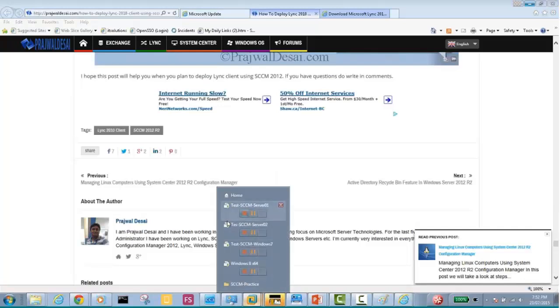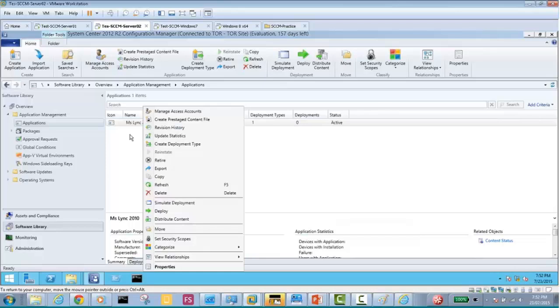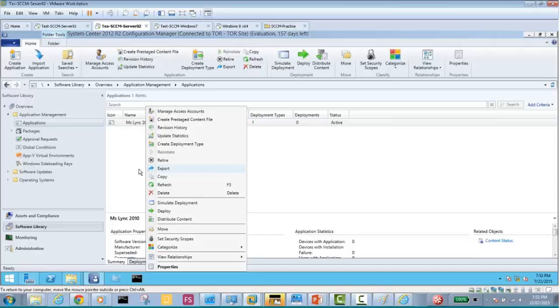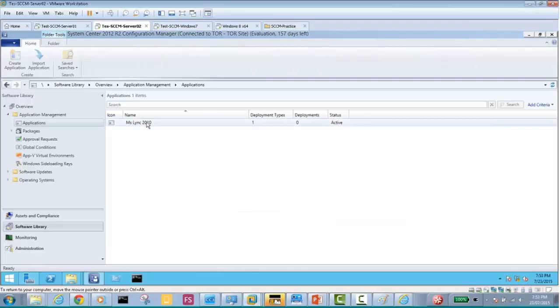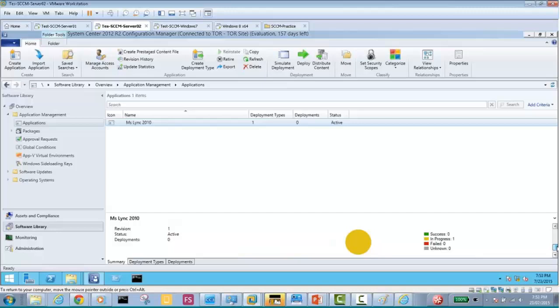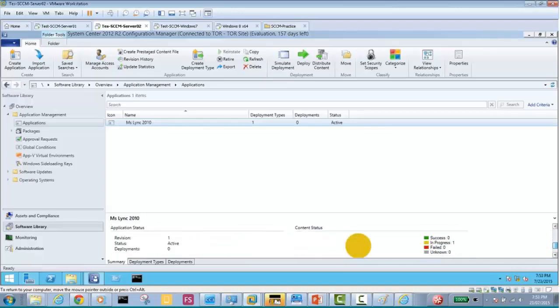So if I go to my server, right click the MS Lync 2010, first of all, what is the proof that it is deployed to the distribution point? If I click here and go down, does it show that? If it shows yellow here when I scroll down, it should not be showing yellow here. If it shows yellow here,